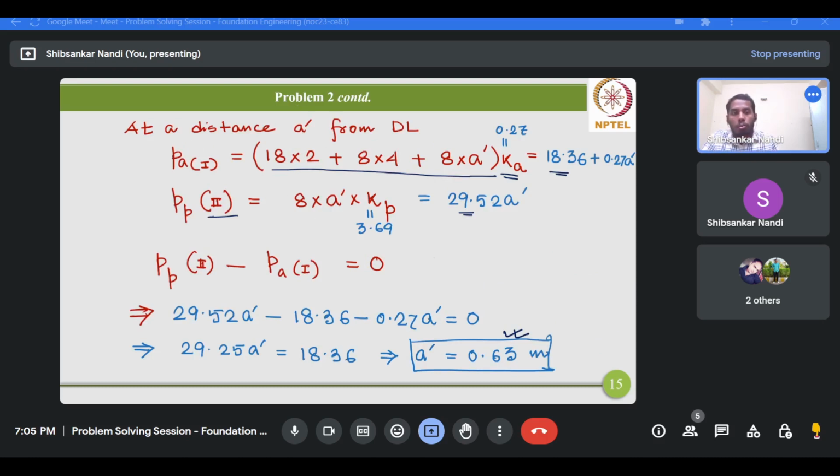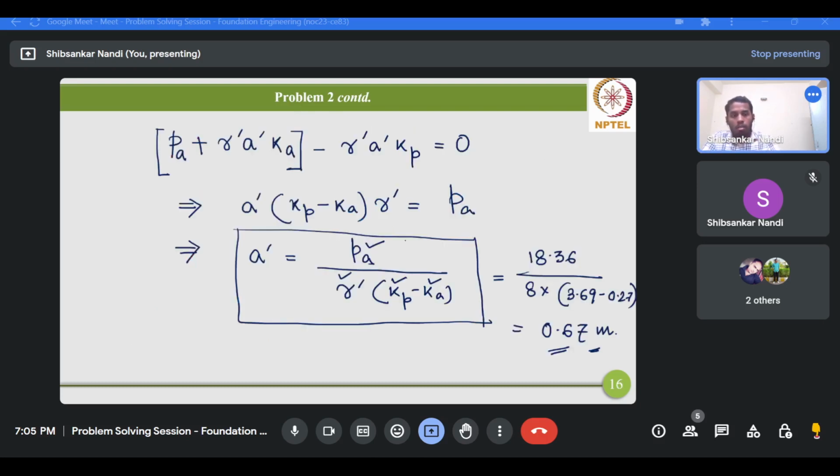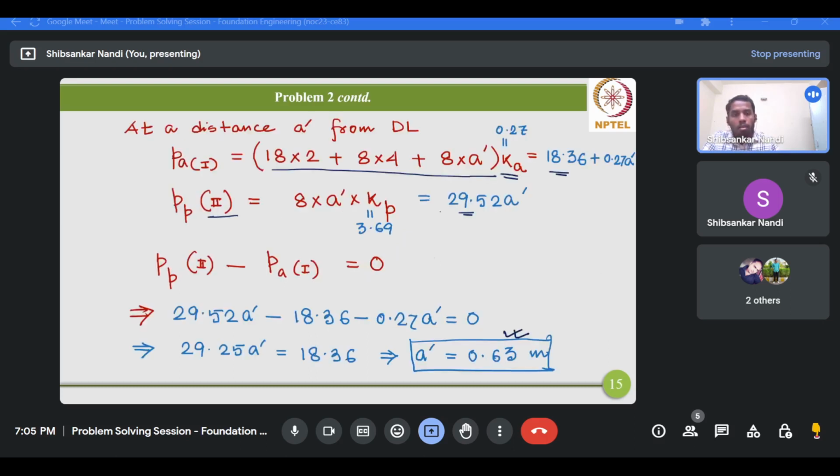So if you calculate in this fashion instead,